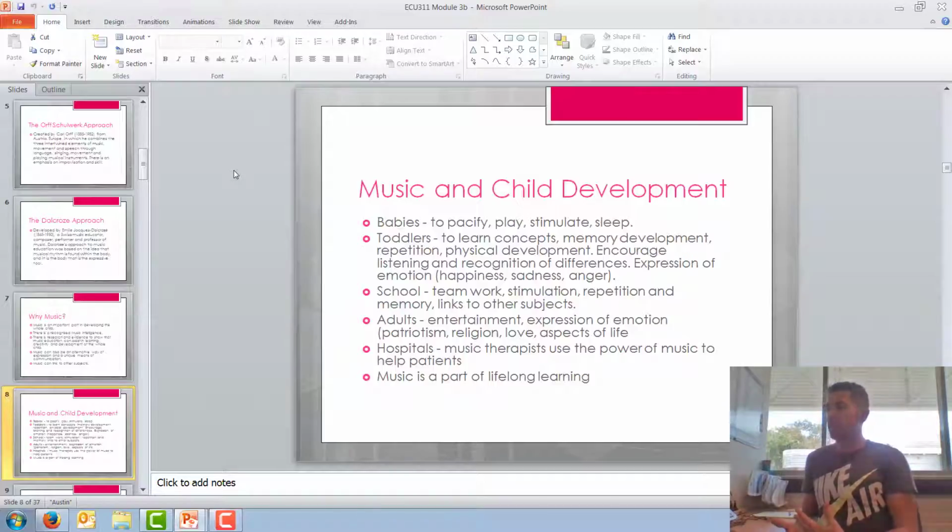So to learn new concepts, songs can be used to learn new concepts in toddlers, to remember a whole range of things, but in memory development, so to strengthen their ability to convert short-term to long-term memory with a concept, and so on. It can be used in school in terms of teamwork, and I think about school sports days in this respect, to stimulate children, to be excited about learning, or just as one example, in repetition, when you need to repeat something in order to convert it into long-term memory, and links to other subjects,